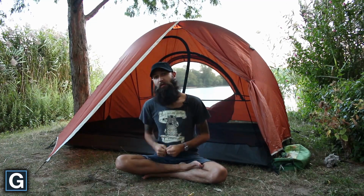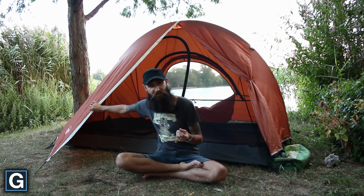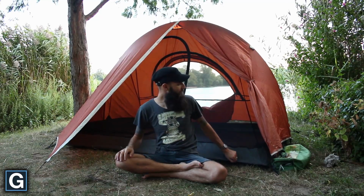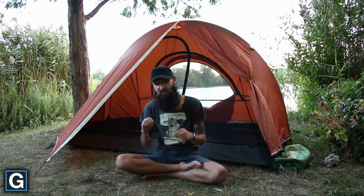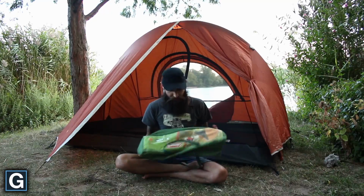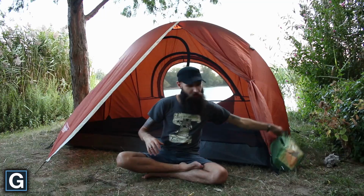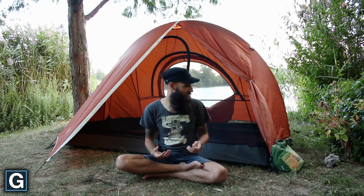But Coleman calls this the backpacking tent, and here's the problem. The roughness, the thickness of the material on both the rain cover and the base and the bug netting, it all adds weight. And the poles themselves are very thick because it is a one pole system and it has to support an entire tent, especially when it's windy. They are thick and heavy. Adding all that together, even the case, this specific case right here, it's heavy duty. It's not a lightweight sack. So combining all that together, I am not surprised that it is 6 pounds, but I am surprised that Coleman called this a backpacking tent, which it clearly is